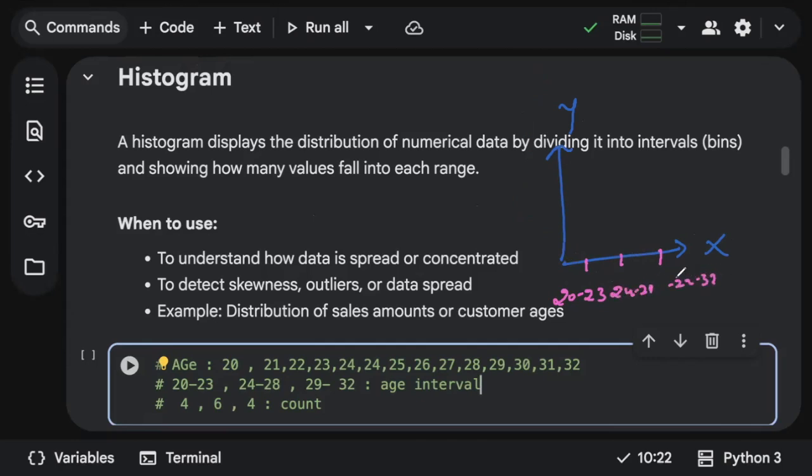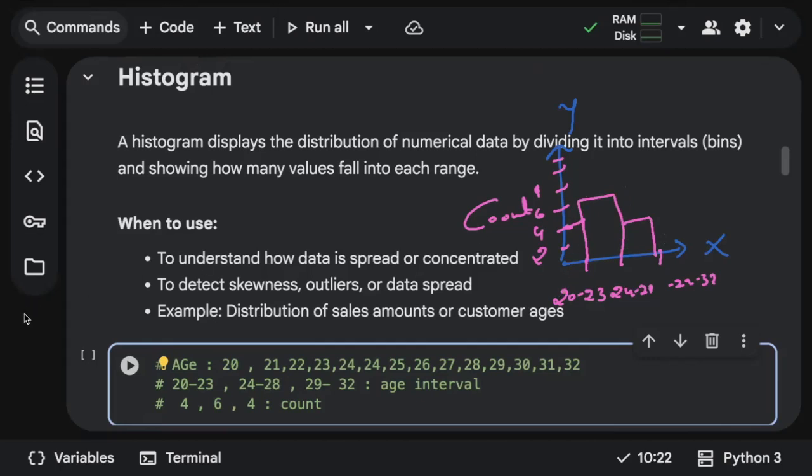It will take those intervals, and then it will take the count, the frequency, along the y-axis, counting how many values lie within a range. Let's say this is a 4. Let's call this 2, 4, 6, 8, something. Then 6 means like this. Next it's going to be like this. This is how the histogram will be plotted.